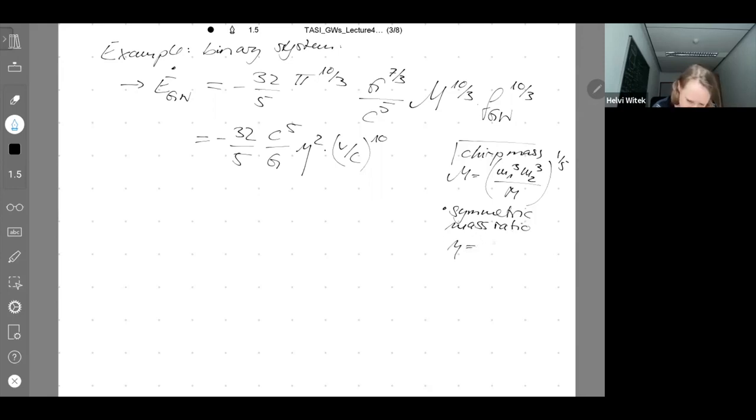And this eta is given by m1 times m2 divided by total mass squared. Okay, so with all of that said, let's put in some numbers. So if we remind ourselves of the Hulse-Taylor pulsar that we talked about yesterday,